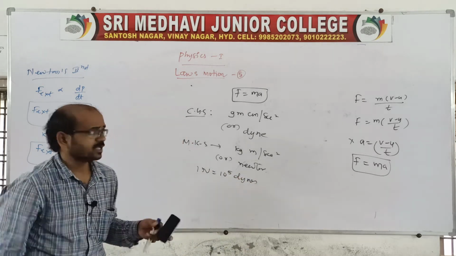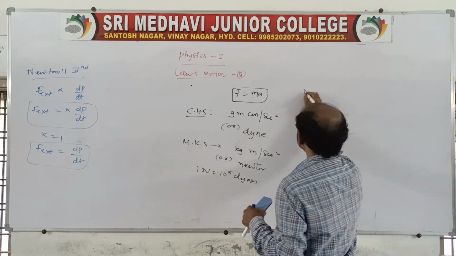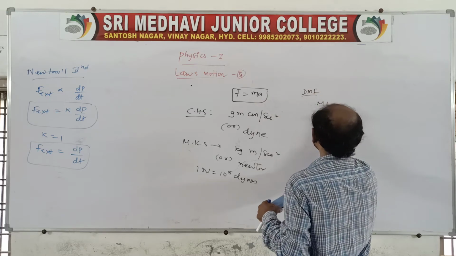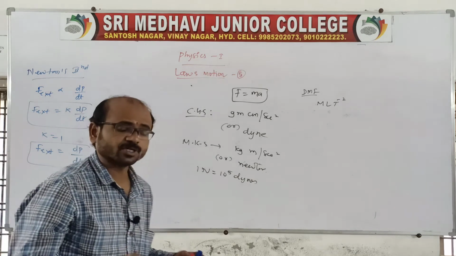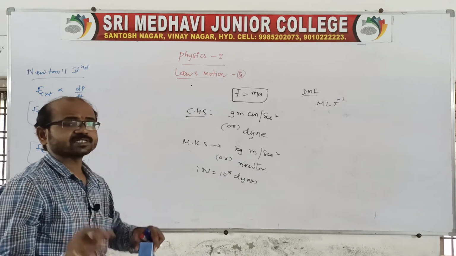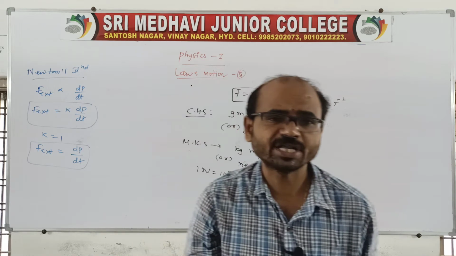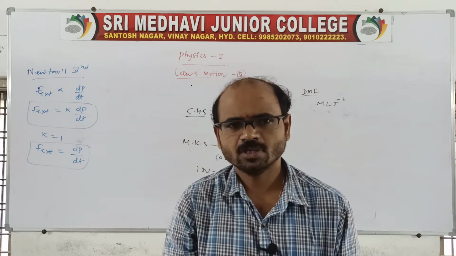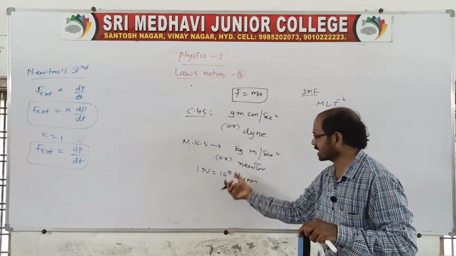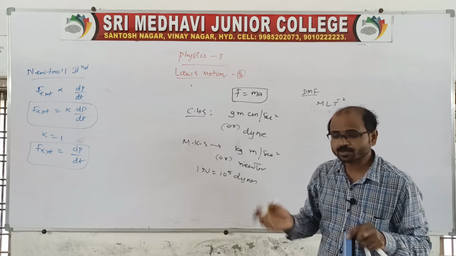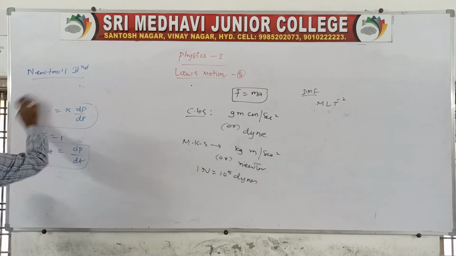Clear? And we can also write the dimensional formula by using this expression, that is M L T power minus 2. That is what it is. It explains the force units, and it also explains the force definition. That is the significance of Newton's second law. The significance of Newton's first law is that it explains inertia, and it also explains force. In this case it defines the force, and we can also derive the units of the force. And remember Newton's second law is the real law, because it can explain both the first law and the third law. Clear?